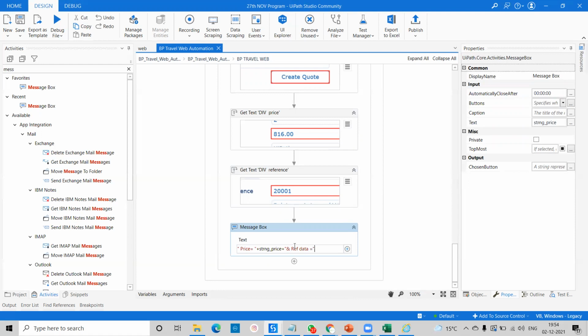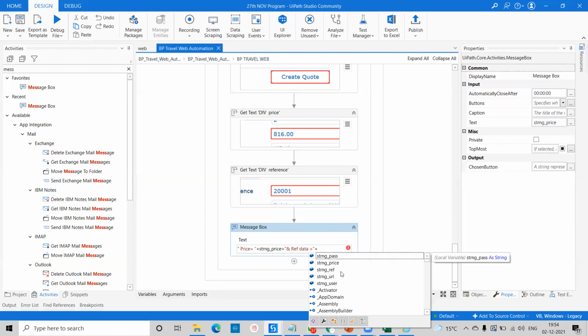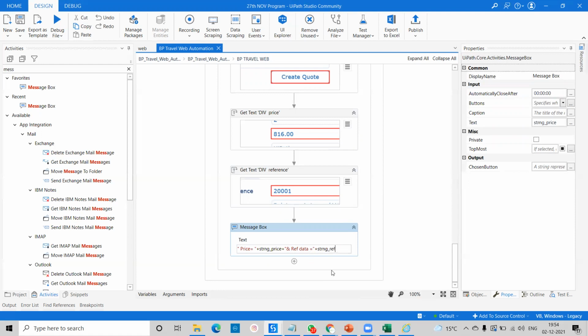After that we'll pass plus sign, and that is the string reference. It's very simple: double quote, plus variable, double quote, plus variable. If you run this program, automatically on the console we'll get all the data.